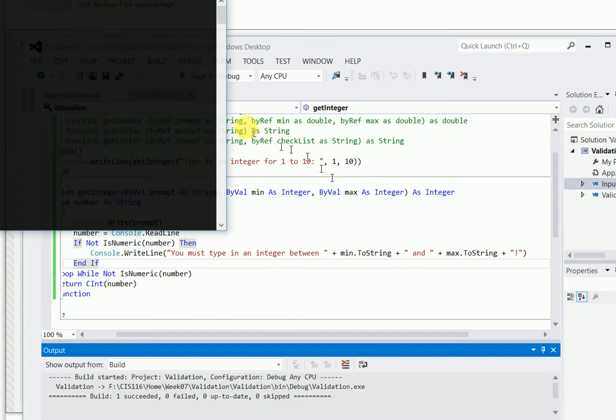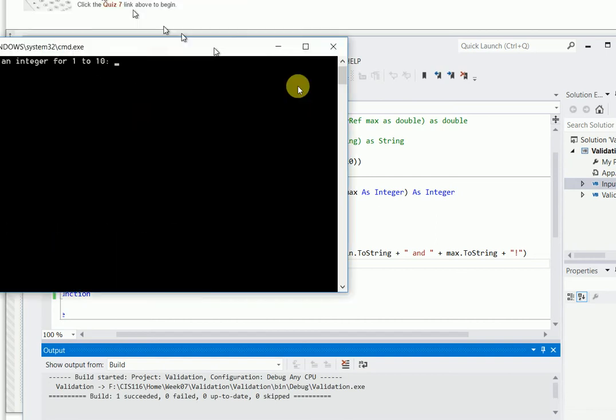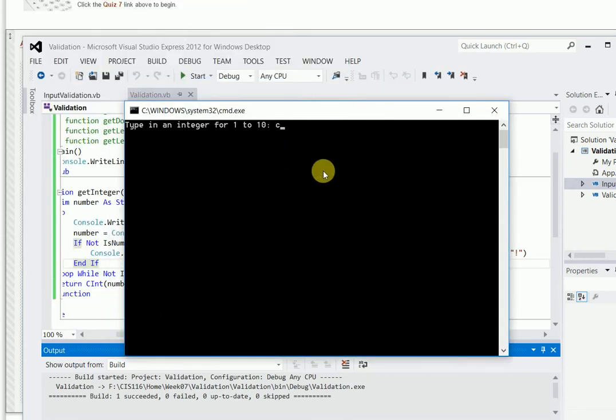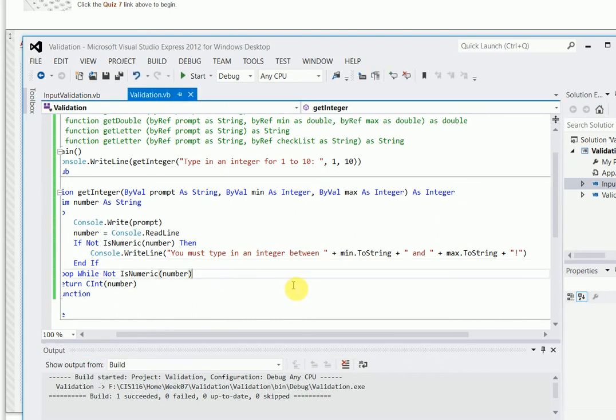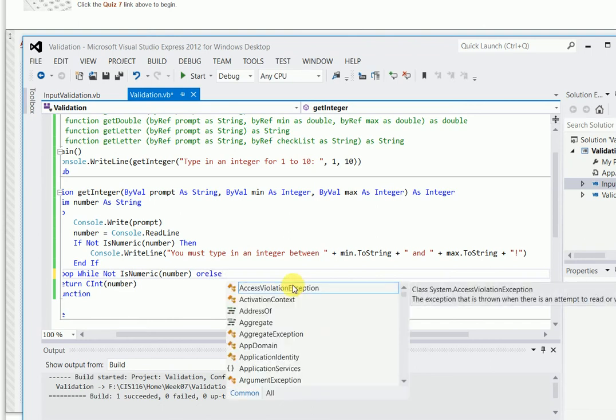Control F5. I say go ahead and get an integer from 1 to 10. If I put in a C, it says nope, I need one from 1 to 10. Okay, if I type in 11 at this point, oh, it continued. Evidently, I have to write some more code for that, okay? We have to loop while not that or else. I'm going to talk about or else later, but or else, and then I want to say